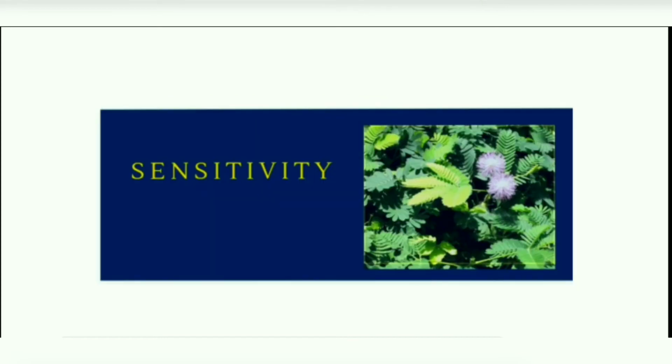Then we will discuss the eighth life process, that is sensitivity. Living things can sense what is going on around them and are able to respond to it. This is known as sensitivity. Animals have sense organs such as eyes, nose, ears, etc. that tell them what is going on outside their bodies. These sense organs are connected to the animal's nervous system, which carries signals to the brain, triggering a response such